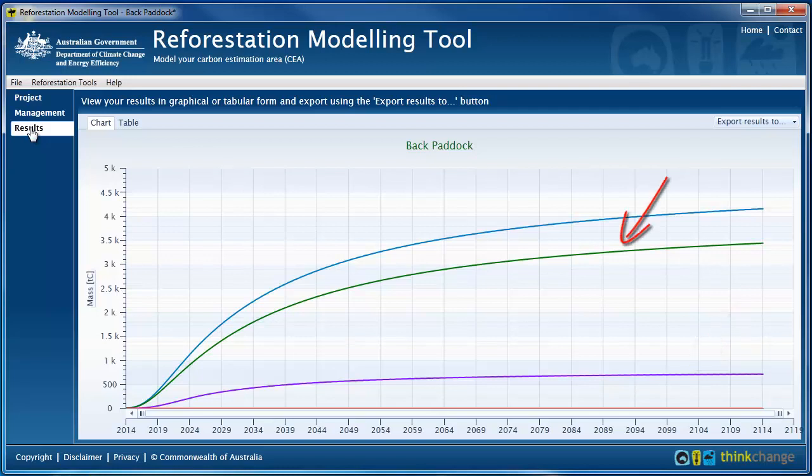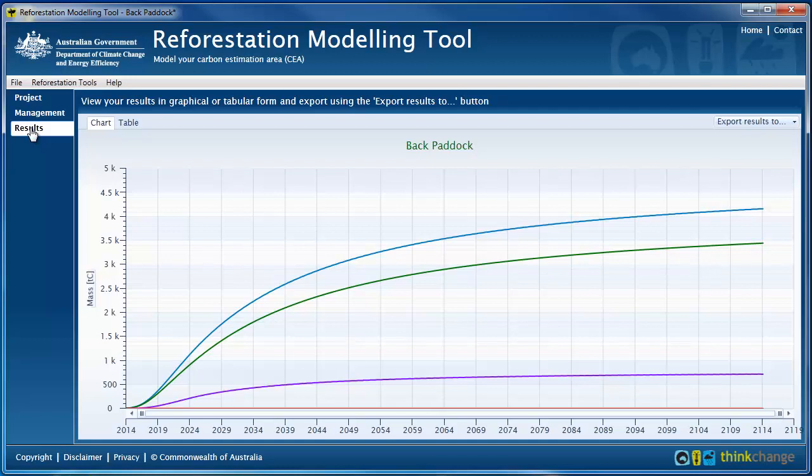The green line is the amount of carbon stored only in the trees, including roots. And the blue line is total carbon. In other words, the sum of trees and debris minus any emissions from fire. So it looks like for my back paddock, I'm going to get just over 4,000 tonnes of carbon sequestered over 100 years. Not too bad.